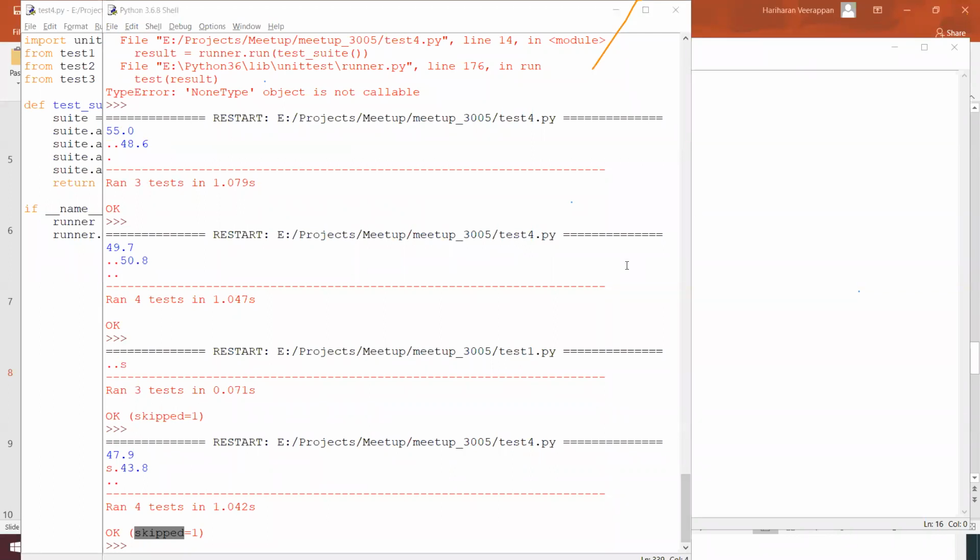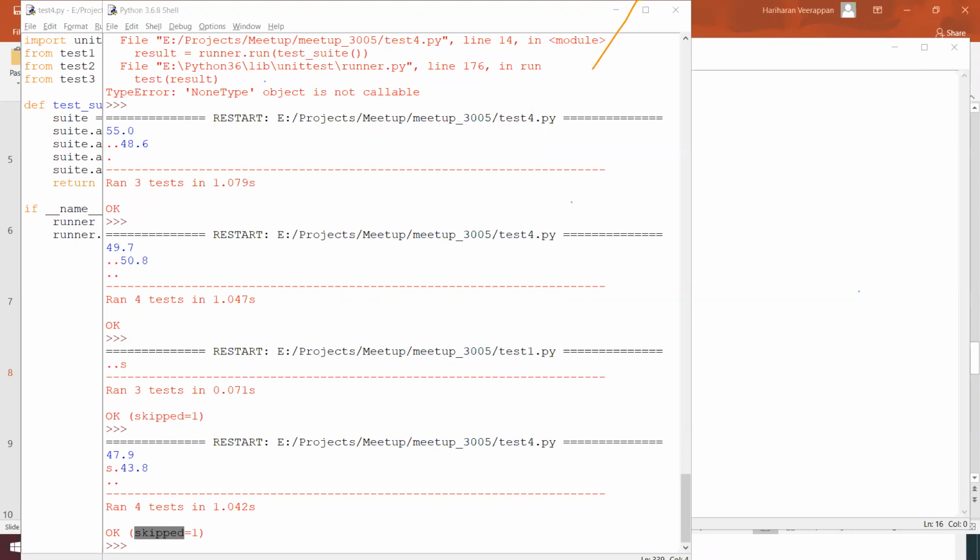When do we use this skipping? For example, from one release to another release, we found that some functionality is not present, but we developed the test cases for that functionality. In real time, that functionality is not available, but we have the test cases for it, so we can skip the test case.